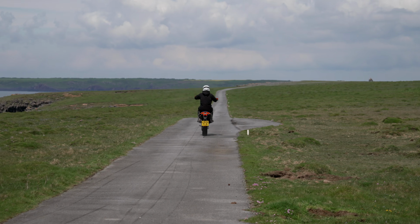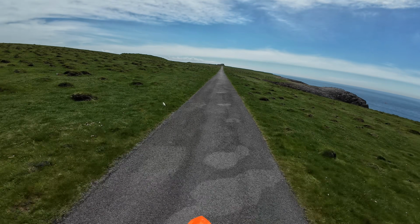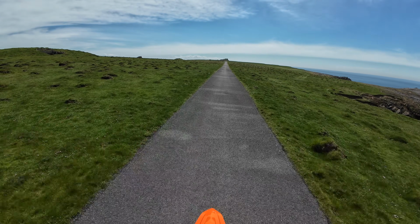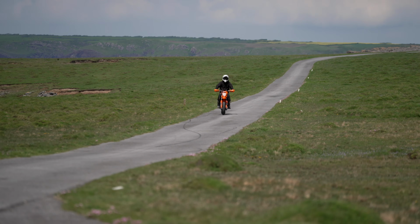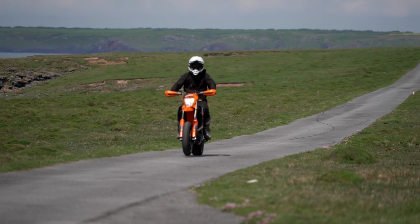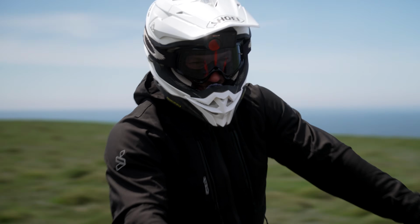Okay, time for a nice couple of slow controlled wheelies. Does feel easier. I'm still not very good at them. Yeah, that's better. Definitely can do it better on this. Well,